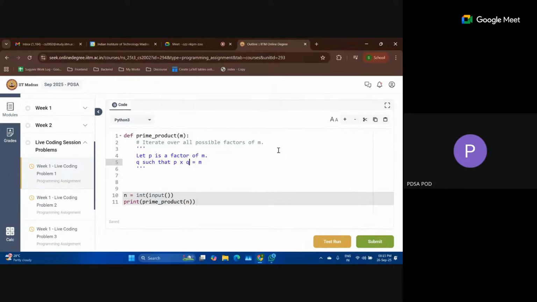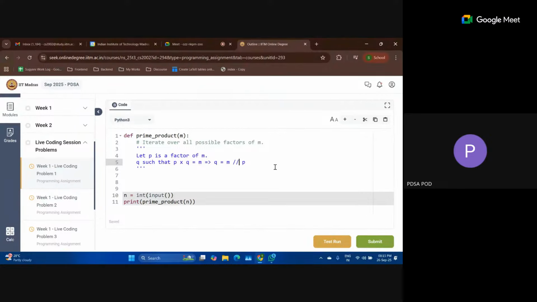So how do we find q? If p into q is equal to m, then we know that q will be equal to m divided by p. Because these are factors, m will be divisible by p, so q is an integer also.